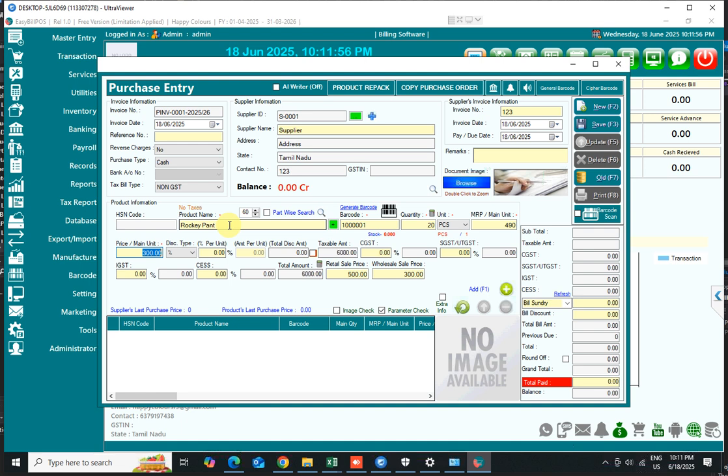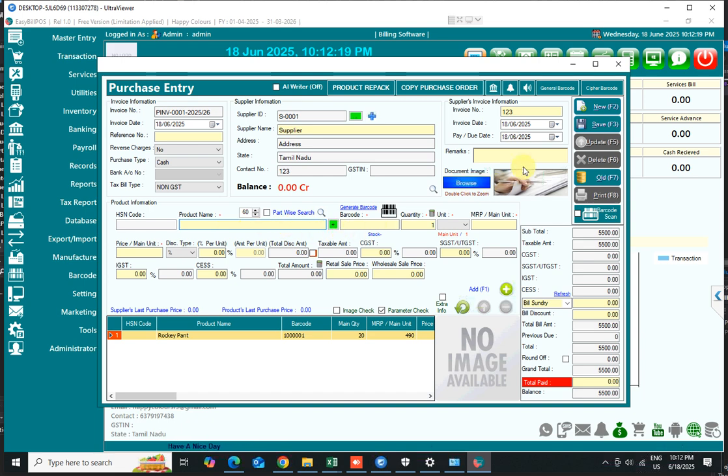This time you got the item at 3275. And now you are going to set the sales rate, the retail sales price for 80 you are going to sell, and the wholesale rate again for 50 you are going to sell, and click the enter button,